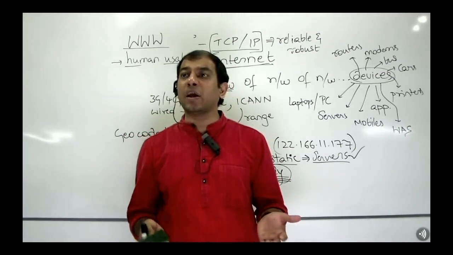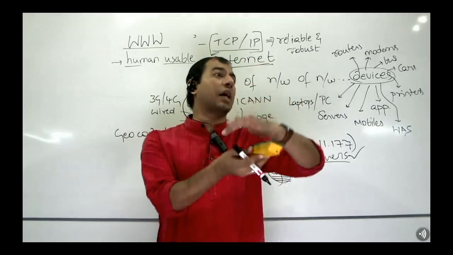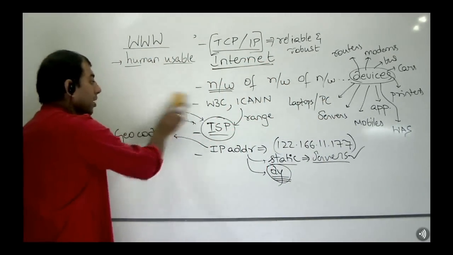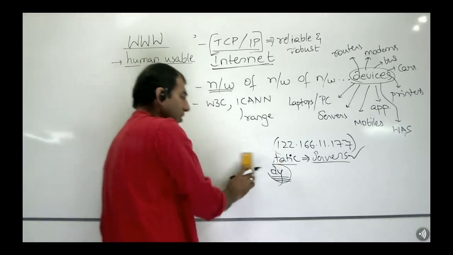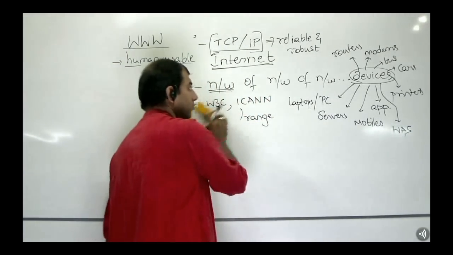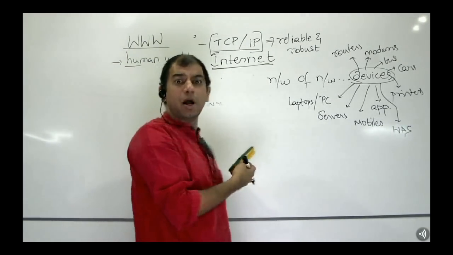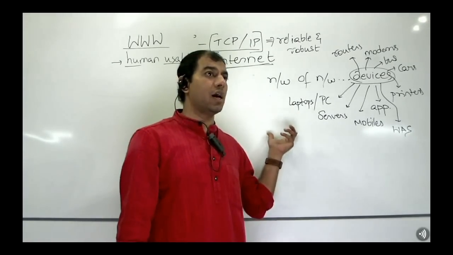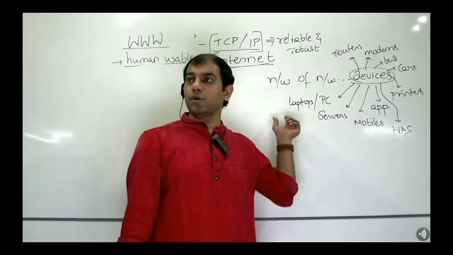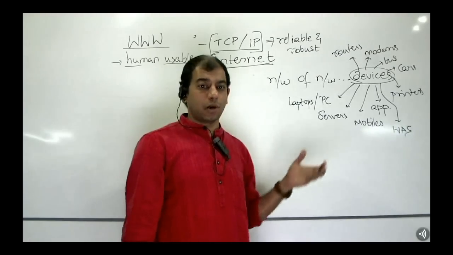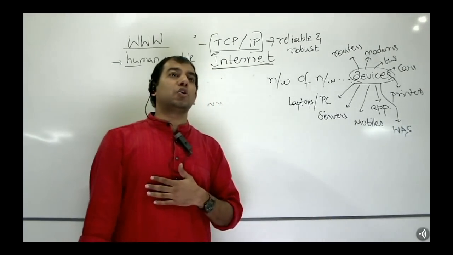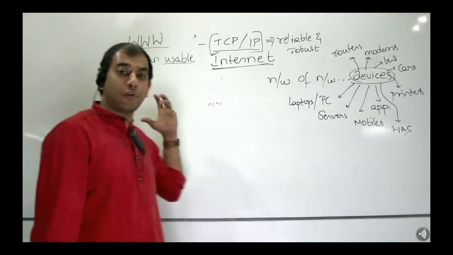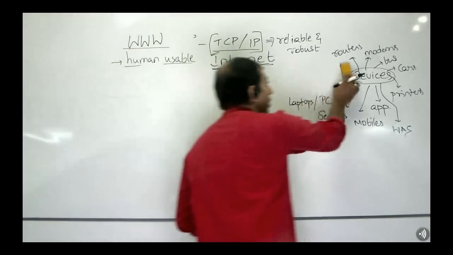And this is not one thing, it's a combination of many things coming together which makes it human friendly or human usable. What is that? And who invented the web, by the way? General knowledge. Tim Berners-Lee, you don't know? Okay. So Tim Berners-Lee invented the web, and they were the first people who said the internet can be utilized by human beings.